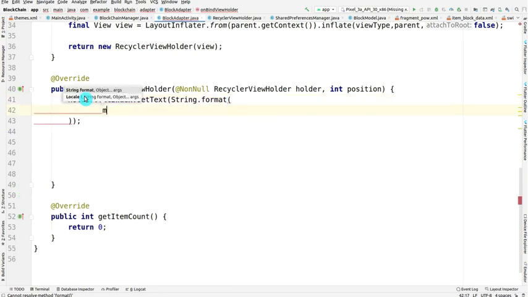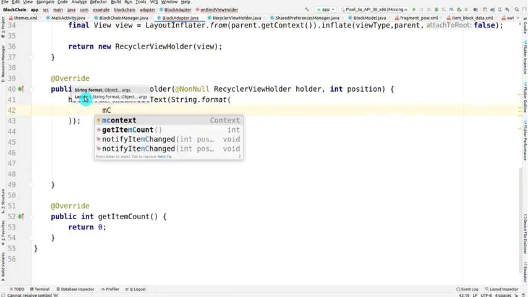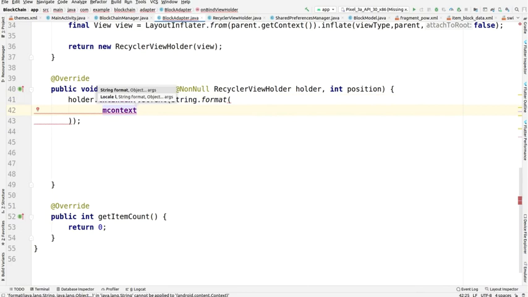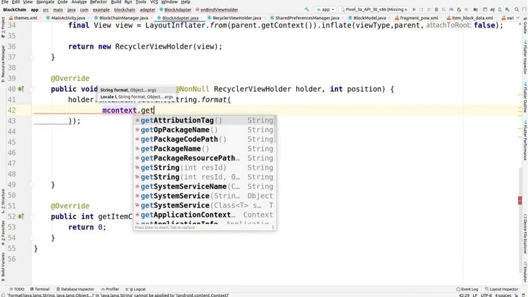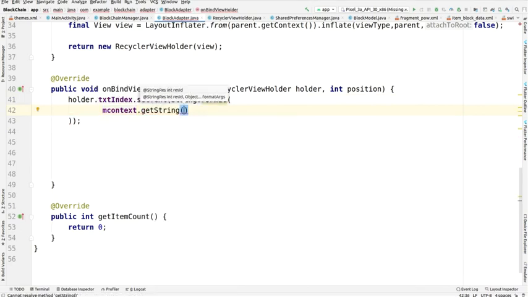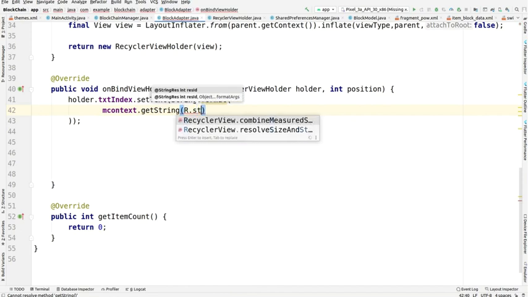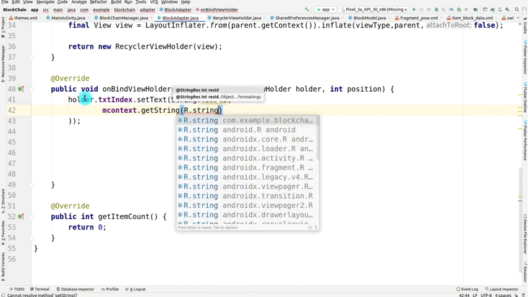In the onBindViewHolder we are mapping their functionalities, like setting the text from here as we are having the context, and now we are getting the string from the string XML.